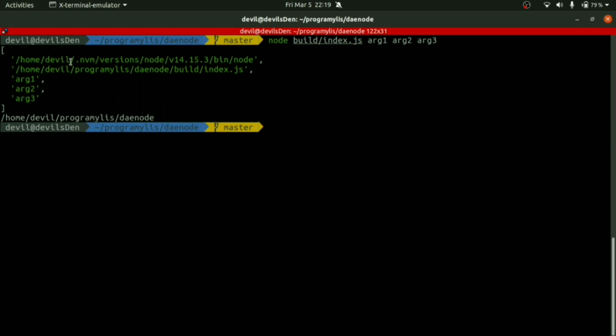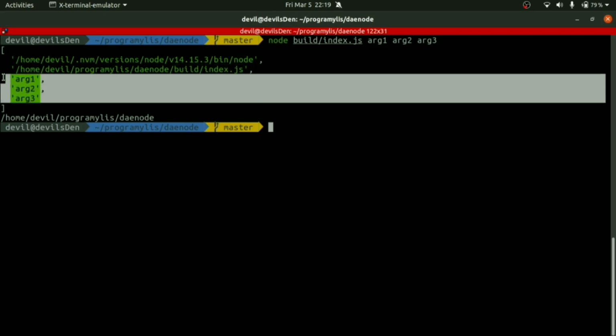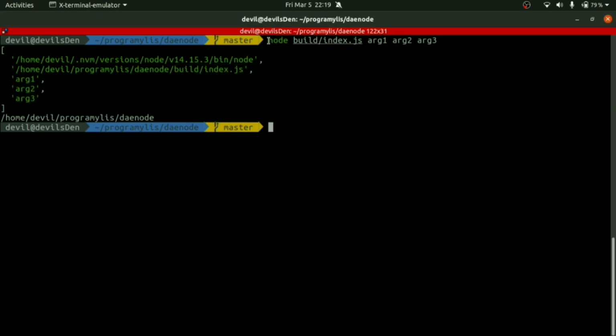And in the argument vector, you can see the first is the binary that is executing it, or the interpreter that is executing the file. So you can see it is the node binary. The second is the file that is being executed, which is build/index.js, and the rest are all the arguments that we have passed. But we don't want